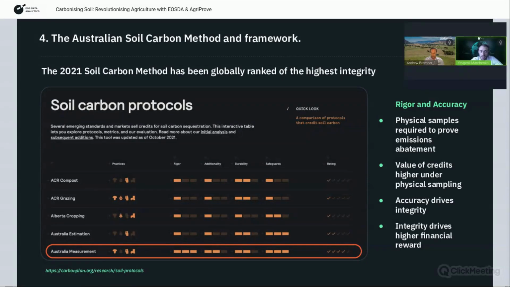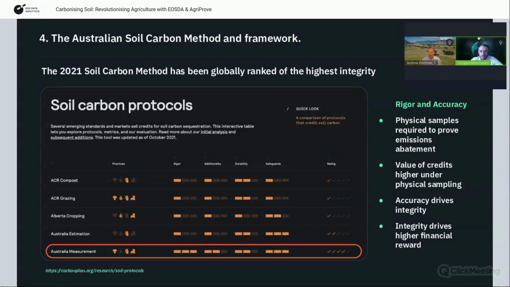the Australian carbon method. As I understand, this is a regulated market in Australia, controlled by the Australian government. And the methodology and the bar for a carbon project in Australia is probably higher than if we compare it to other projects. So, Andrew, if you could tell us what are the differences and what are the advantages of the carbon methodology that you do in Australia?